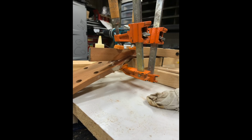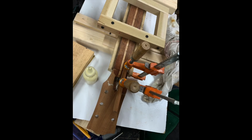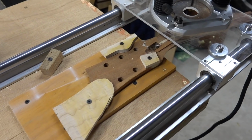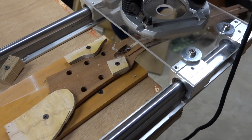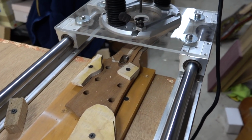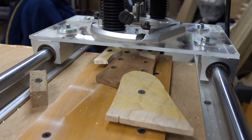So here's the glue and the clamp. And we do this one on the neck first, because then we'll cut it, trim it, and then drop this onto my rail machine. So we trim the excess off, and then I've got this rail machine that slides back and forth here,